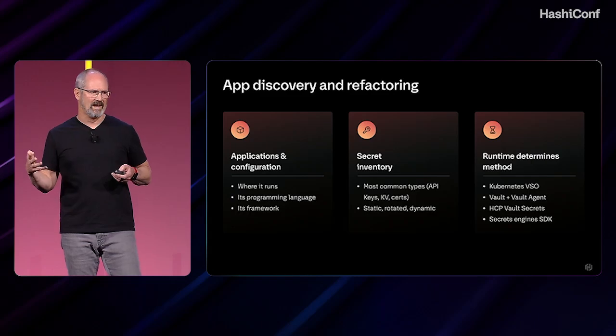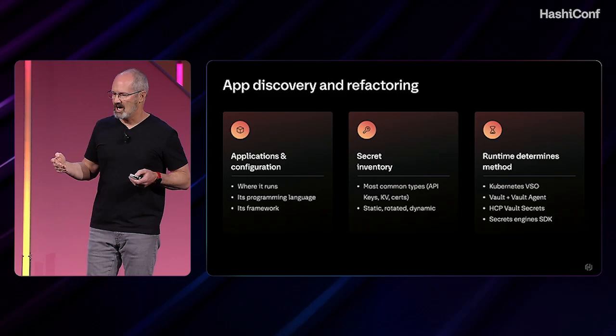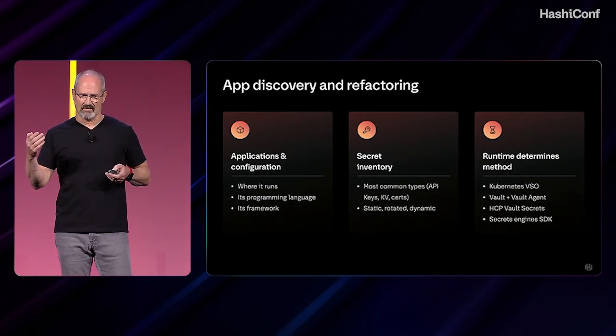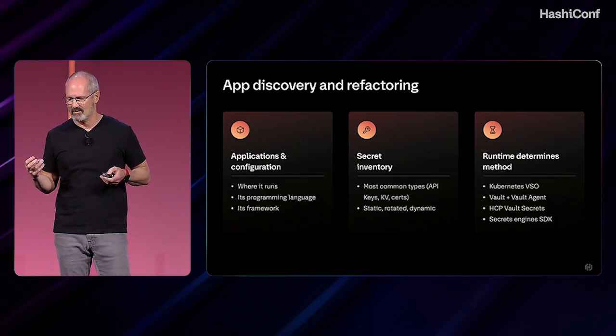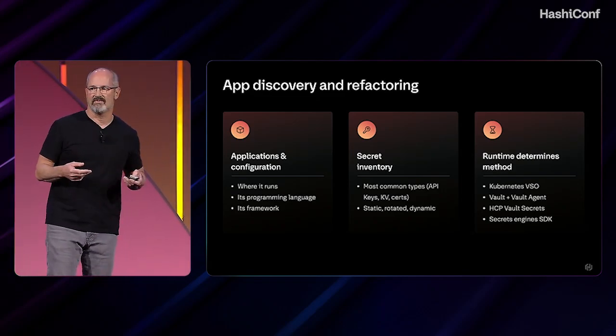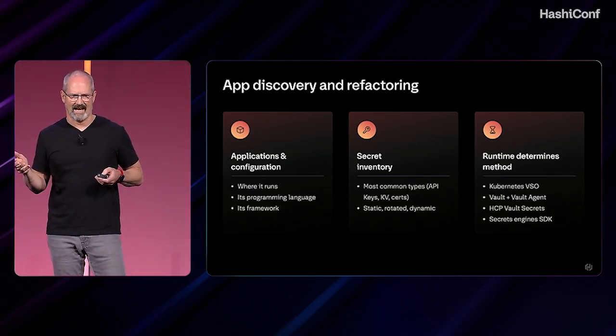So these are 4 ways that you can get started depending on what version of Vault you're using or you want to use. You can do things natively in Kubernetes using the Vault Secrets operator, and you can use Vault Secrets if you want to try that out in terms of using auto-rotating and dynamic secrets. Use the Vault agent if you're using self-managed Vault or Vault dedicated. That Vault agent acts as the client that authenticates with Vault. It handles the automation. It does everything so you're not having to look at refactoring your application. And it's also a good way to handle legacy applications